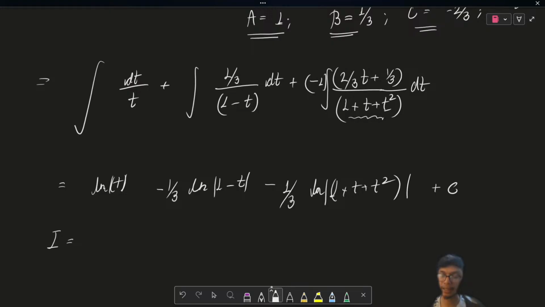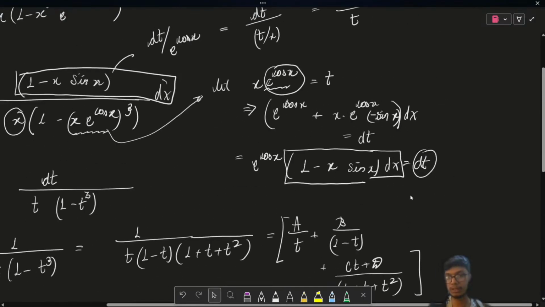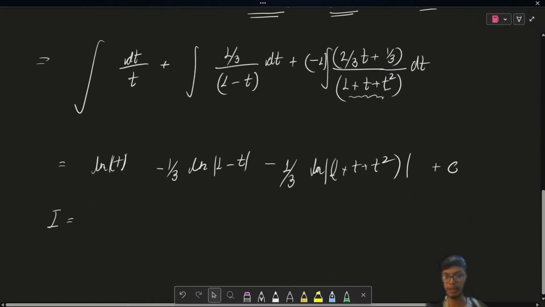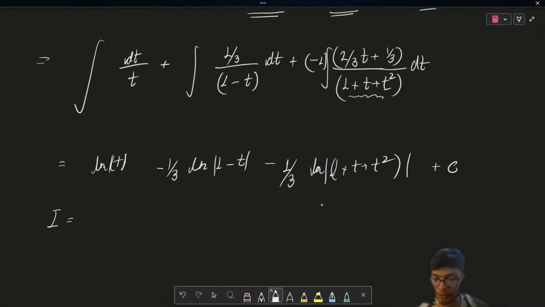So if you just substitute back in terms of x, the solution is going to look like, because t is basically x e to the power cos x, right? So t was x into e to the power cos x, so we have to just put it back over here, and the solution is very simple, and therefore we have the solution as